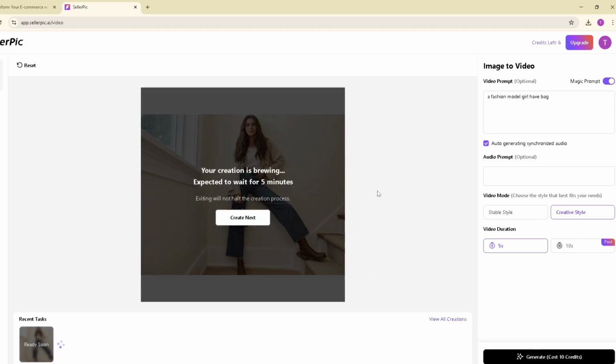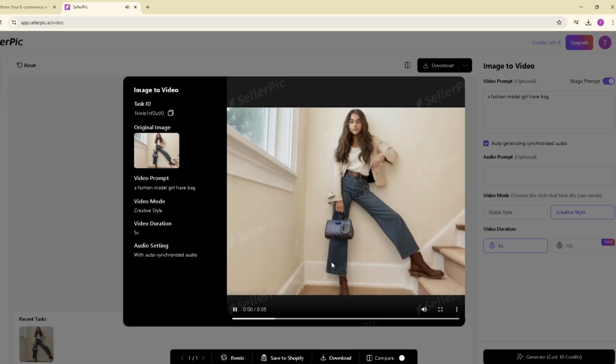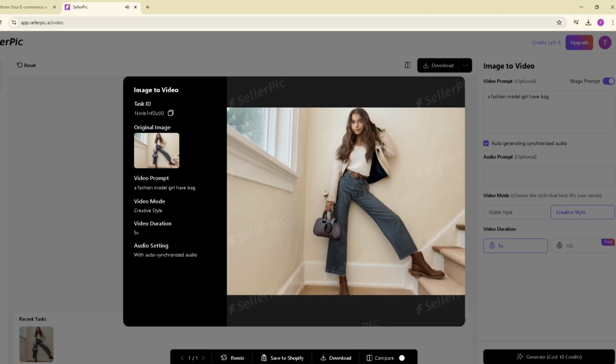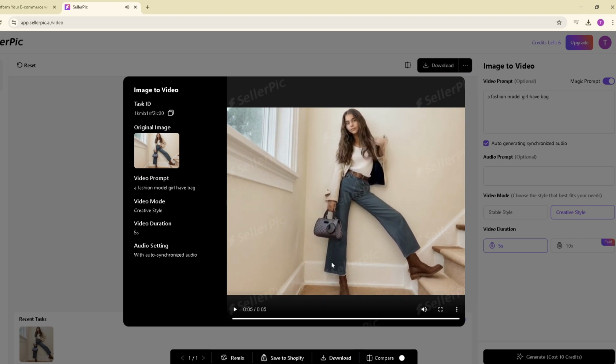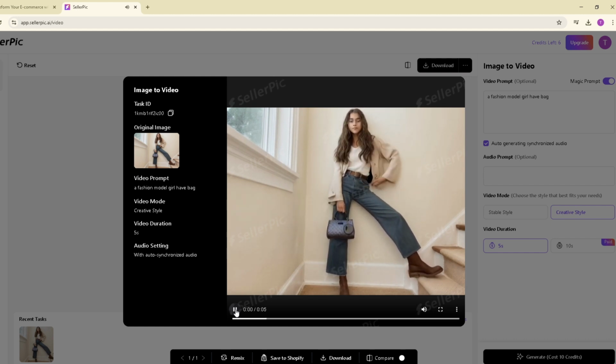It will take some time to process, so let's fast forward this part, and here it is. The AI-generated video looks absolutely stunning. Now, you can create amazing videos for your products effortlessly. Seller Pick AI is a powerful tool that helps you generate high-quality product images and fashion models that can boost